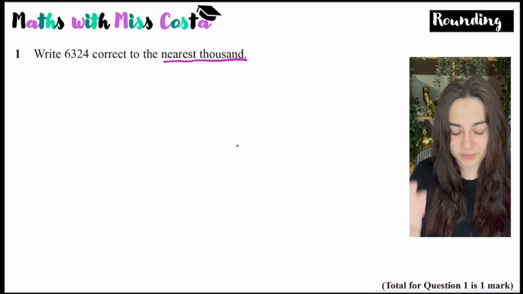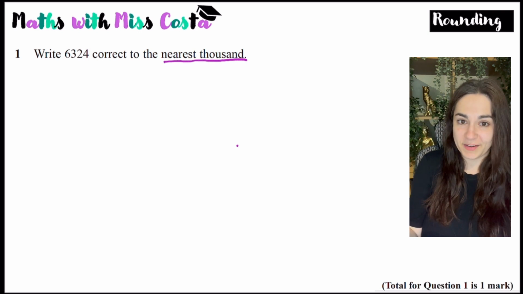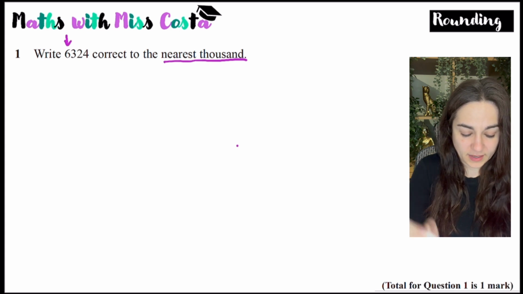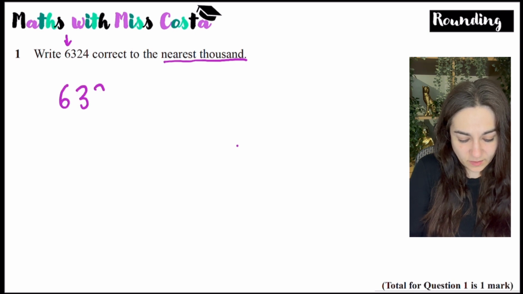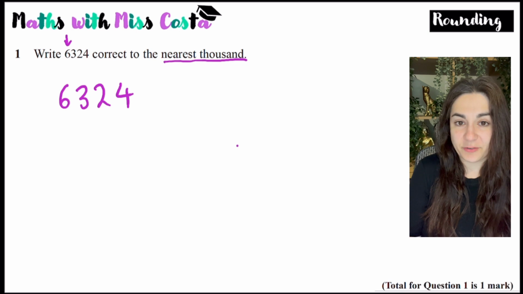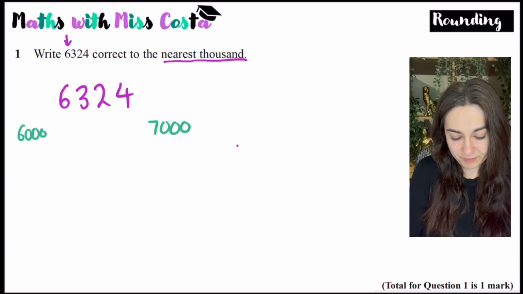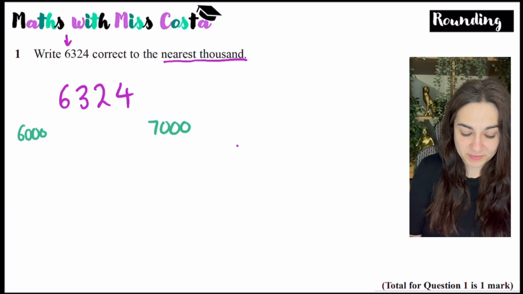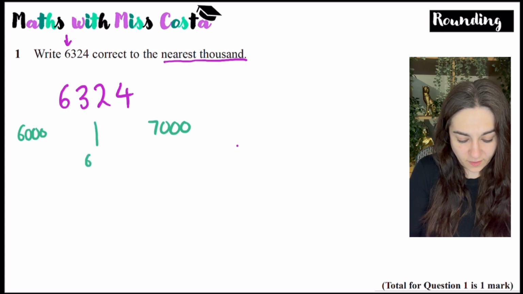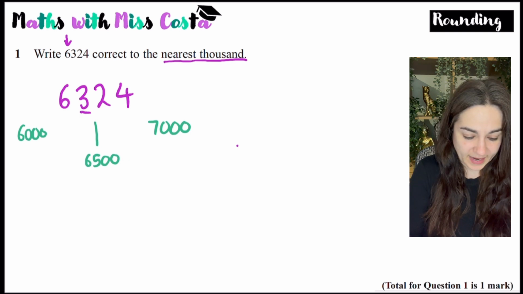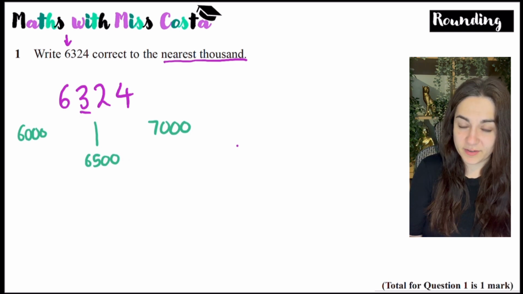Whenever we're rounding, we just want to think, what place value are we rounding to? It's the nearest thousand, and the thousands column is where the 6 is. So one of the ways I can do this is I'm thinking, is 6,324 closer to 6,000 or 7,000? Which are the thousands that are surrounding it? I know that halfway between 6,000 and 7,000 is 6,500, and 300 is less than 500, therefore it must round